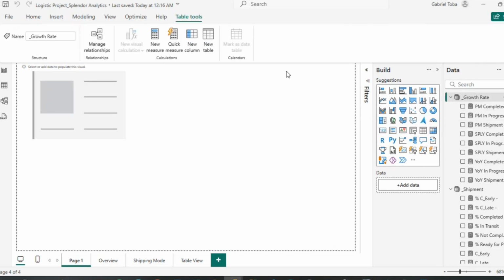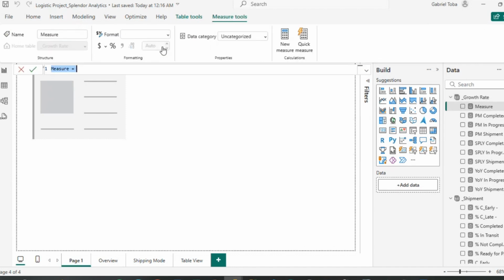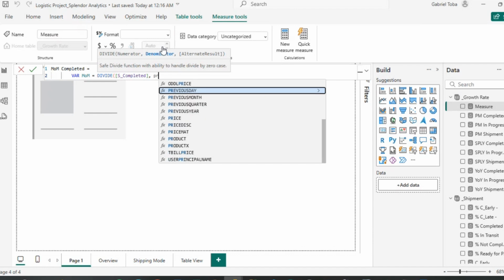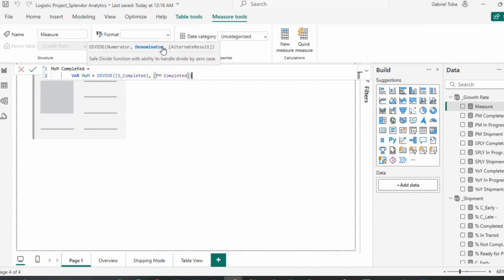So I'll just come here, click here again, and do the same formula, similar to what we have in the year over year, and I will call this month over month completed. We declare the variable with this equal to VAR, right? And I'm calling this month over month, and it's going to be equal to dividing completed, that is shipment completed, by previous month completed. Okay, and that's one. And then we ask it to return